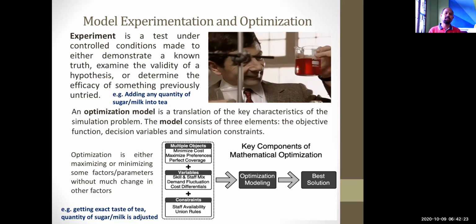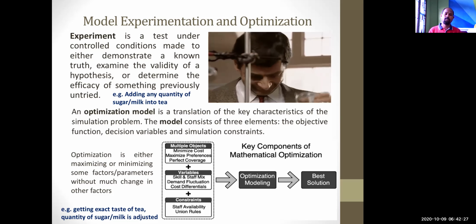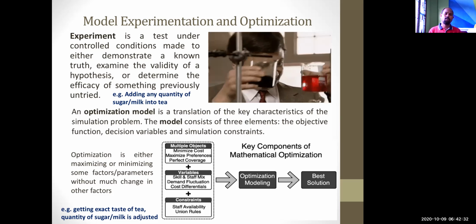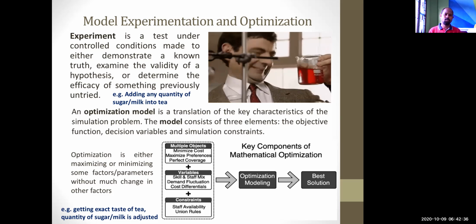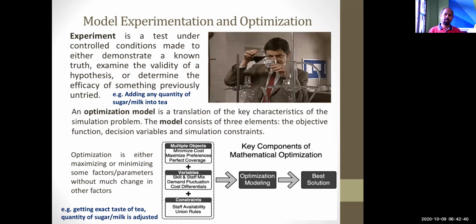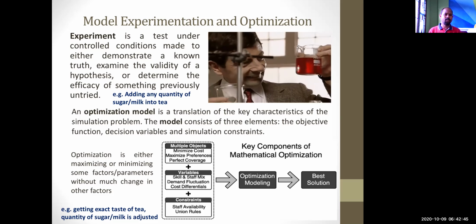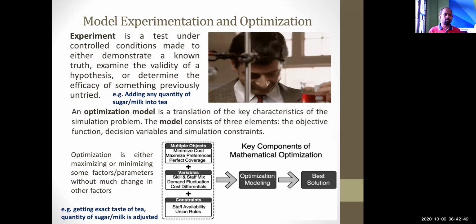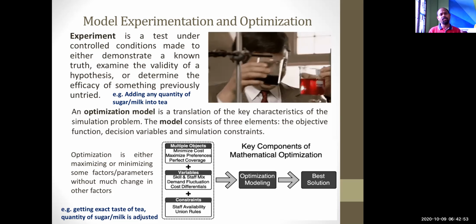without thinking about the taste, without thinking about the outcome, just suppose we keep on adding sugar and milk, and we are preparing tea. That tea may not be a tasteful tea, that tea may not be consumable. So that is an experiment. And the optimization model is